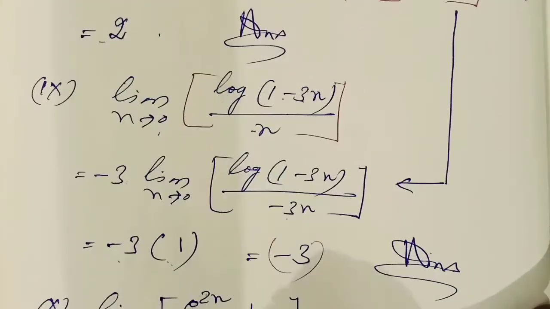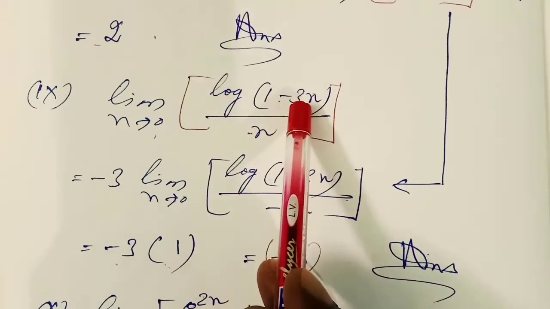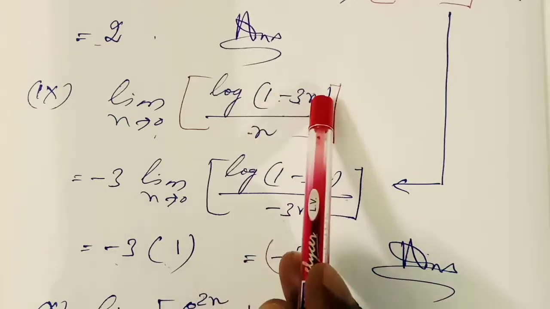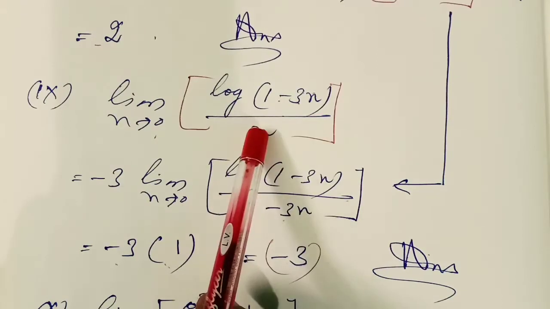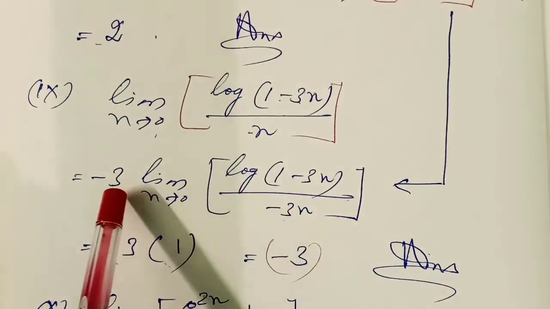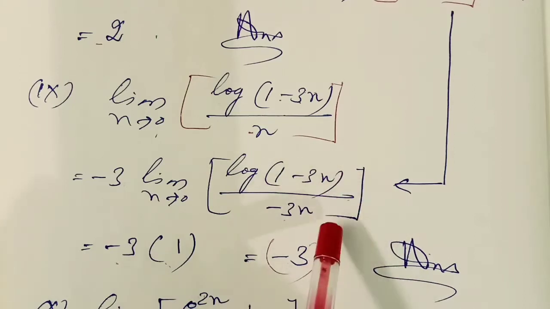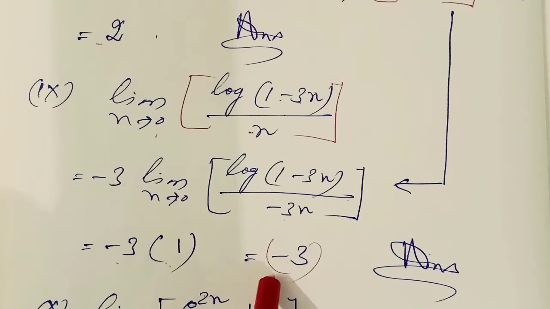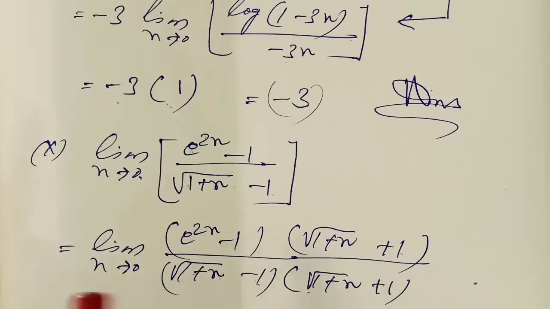Just see the question, 9th part. Limit x tends to 0, log 1 minus 3x given here by x. Means I have to write here minus 3, because log 1 minus 3x by minus 3x, then the answer will be 1. So minus 3 is not here, only x is there, then I have to multiply here minus 3. I multiplied here minus 3, and that minus 3 is multiplied here also to adjust. Why am I multiplying? Because log 1 minus 3x by minus 3x will be 1, no doubt. So I am writing minus 3 into 1, the answer is minus 3, just the previous formula. Okay, let us go to the 10th part of the next number.